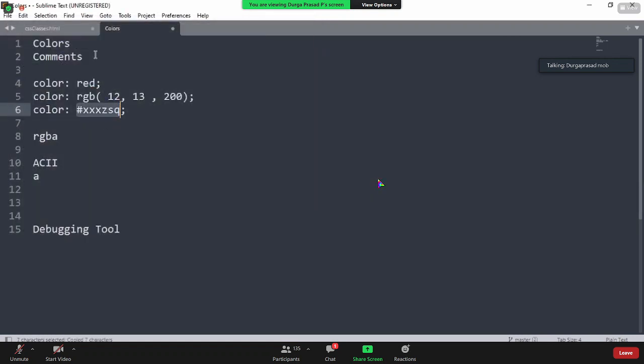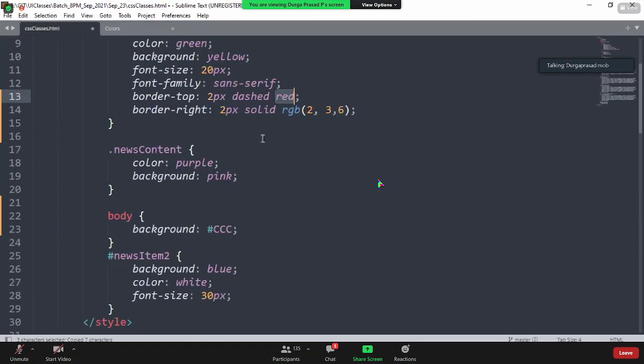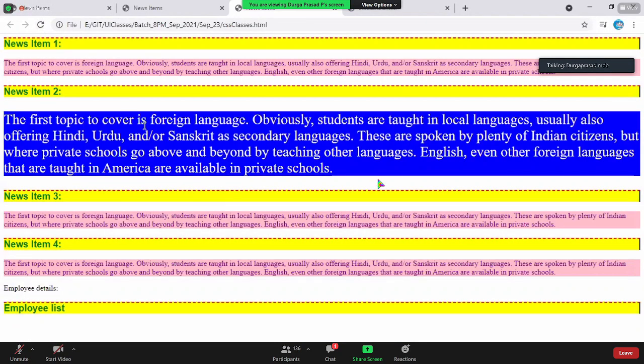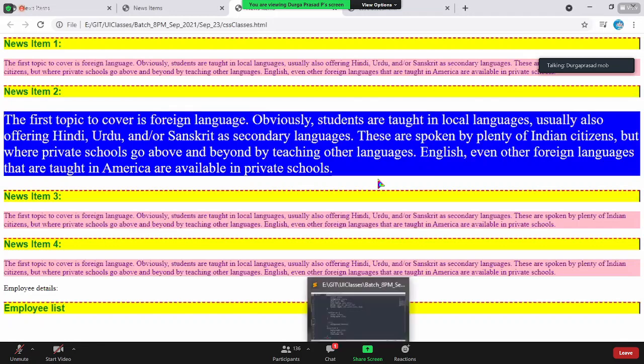When you come back here, where is the background? Say, for example, you're giving this. You reload the page. What did you get? Is it considering that? No. Whenever you give a value above 255, the browser doesn't even consider it.